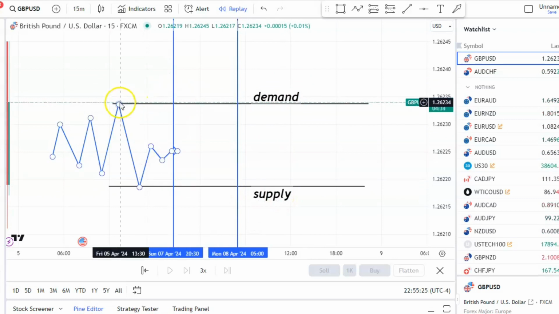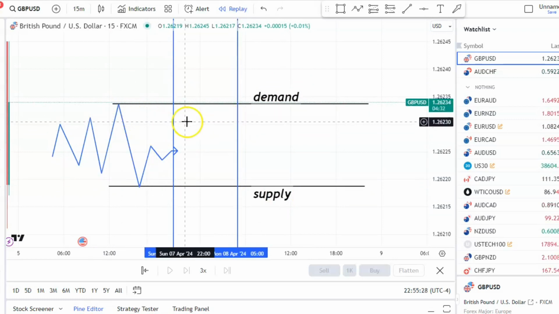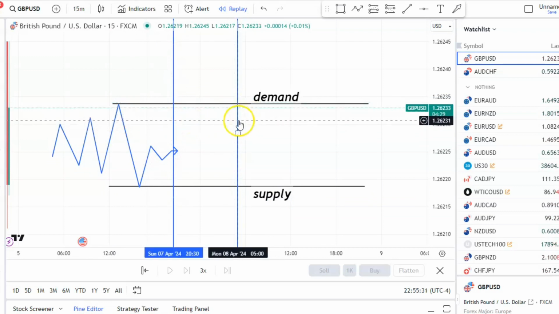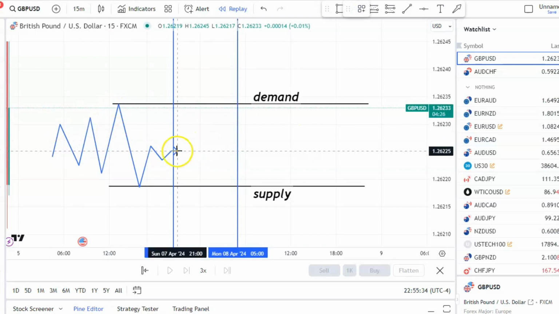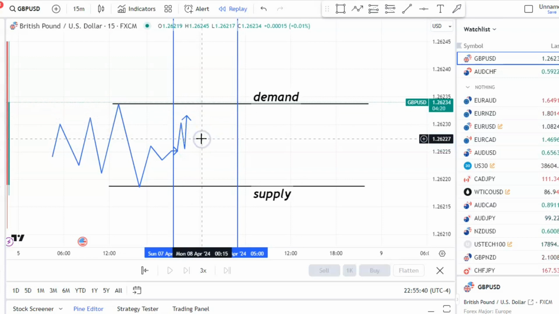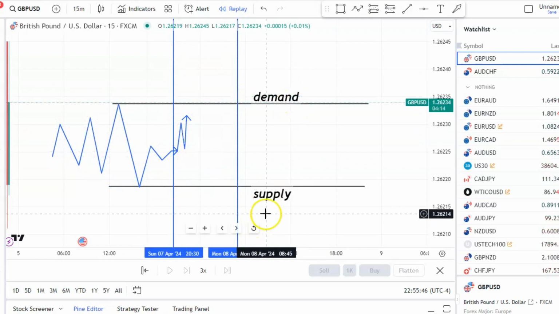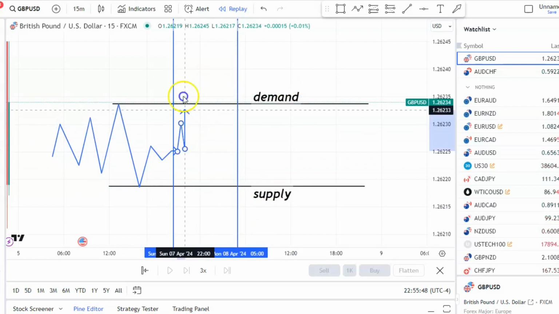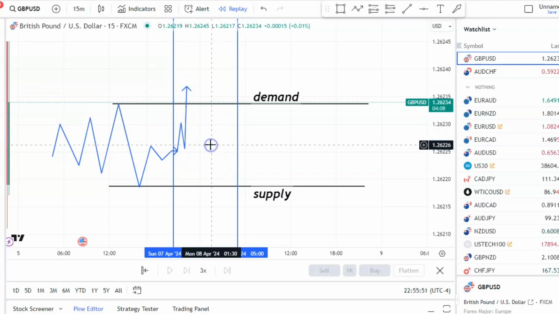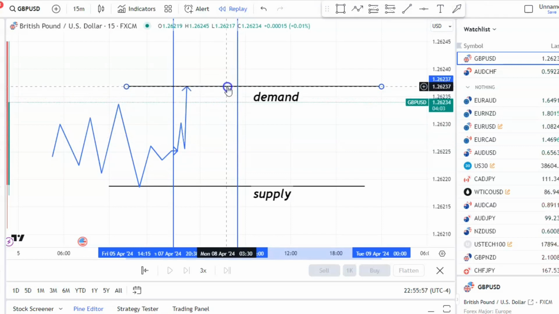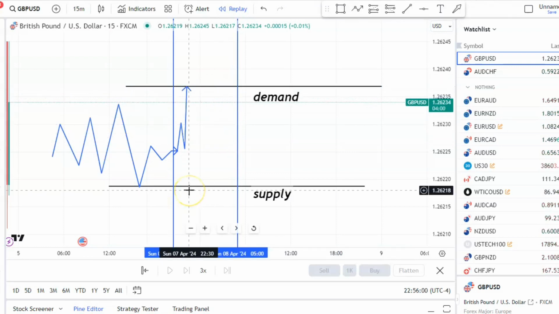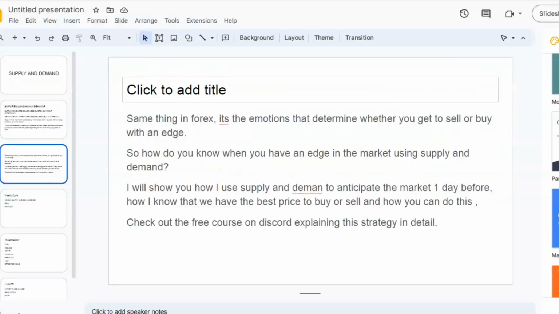We want price either at the demand zone or the supply zone. So once we have the high of the day in place and our timing window to know when to begin looking for setups and when to end, we let the first hour close. In the first hour, we don't do anything. We just let price do its thing. There are two things that could happen: price might stay within the range of the demand and supply zone, or price might break out or pin that demand or supply zone. So in the first hour we adjust the high, or if we are buying, we adjust the low. Simple.